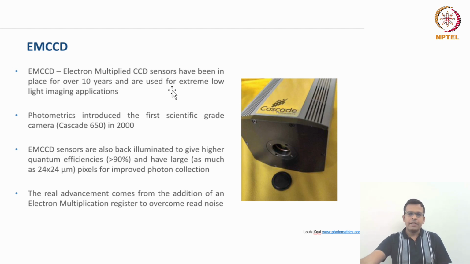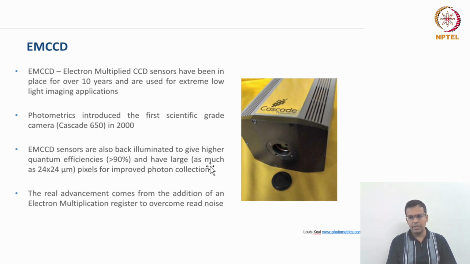Photometrics introduced the first scientific grade camera in 2000, and EMCCD sensors are also back illuminated to give higher quantum efficiency, greater than 90%, and have large pixels for improved photon collection. The pixel size of this EMCCD camera is 24 by 24 micrometer, which is the highest pixel size.